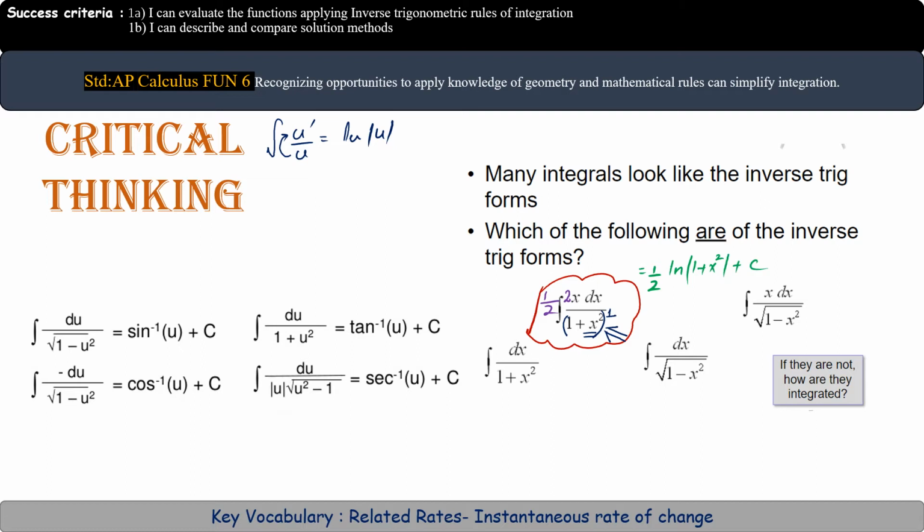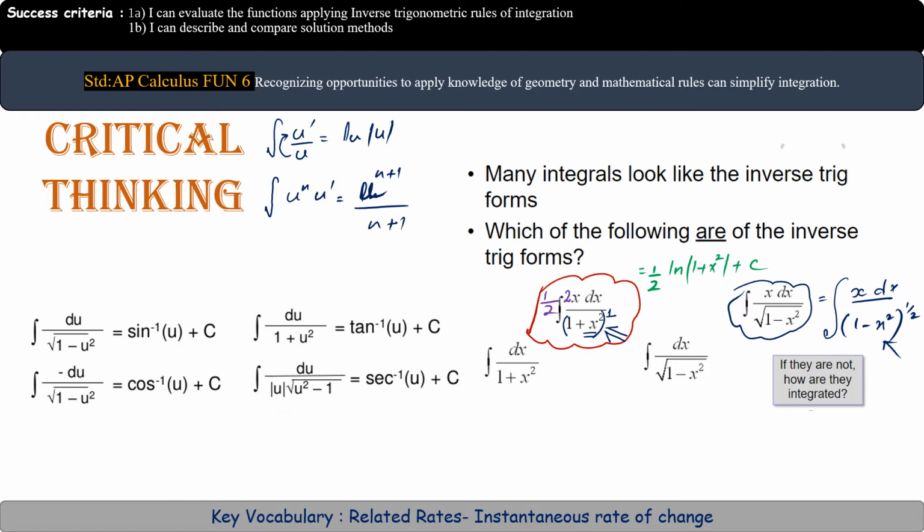Now look at the second question over here. X dx over square root of 1 minus x square. Now what is important in it? Whenever any integral sign is written, you try to change it in the form of power. Now if we focus again on the denominator, it has a power. So whenever there is a denominator and it has a power, we always apply the power rule if its derivative is written in the numerator.